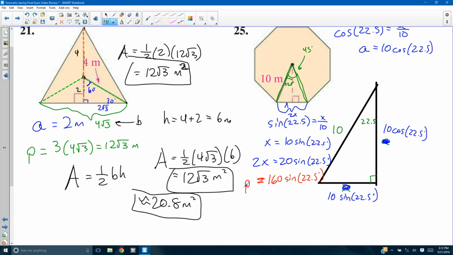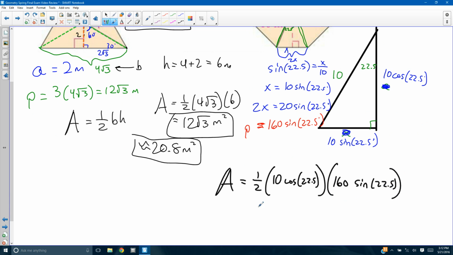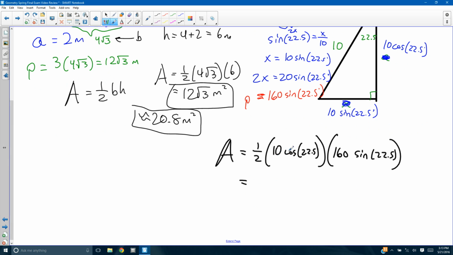Right? So now I have apothem, I have perimeter. I'm going to do area equals 1/2 AP. So it's 1/2. Apothem is 10 times the cosine of 22.5. Perimeter is 160 times the sine of 22.5. The best looking clean answer, or the best simplest exact answer I could write, I'll take half of 160, which